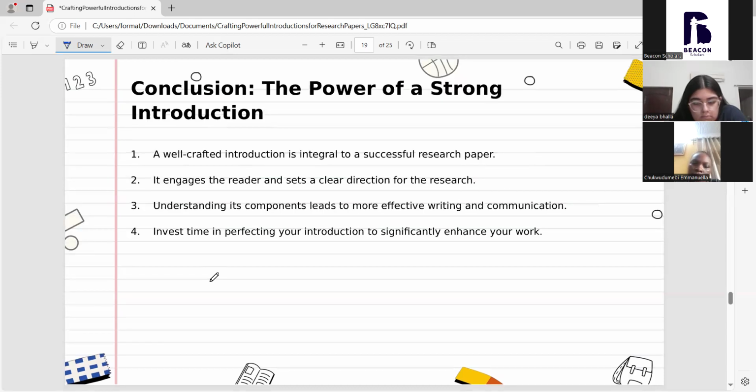So the conclusion: the power of a strong introduction. A well-crafted introduction is integral to a successful research paper. It engages the reader and sets a clear direction for the research. As I said, after finishing reading your introduction, now I should know what your topic